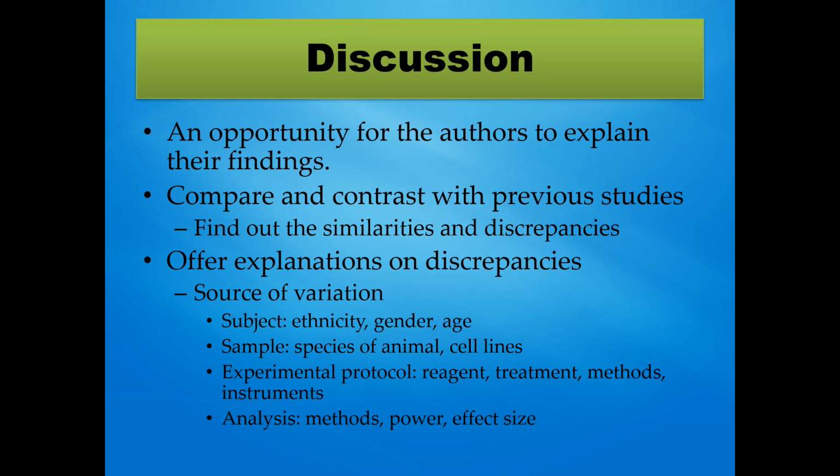It could be because of differences or variations in the samples, because the studies will use different species of animals or cell lines. Some of the sources of variation include experiment protocol, for example, reagents, treatment methods, and instruments used to do the measurements. And it could be due to the meta-analysis, power and sample size,